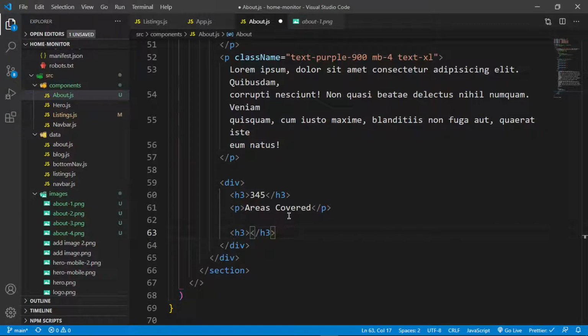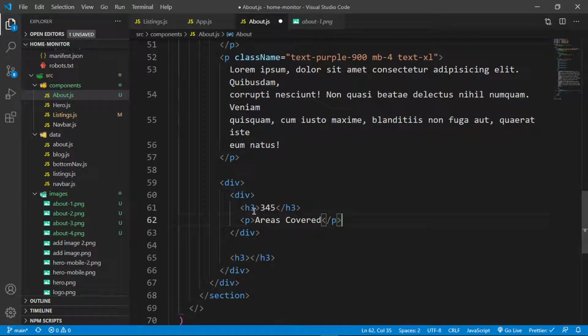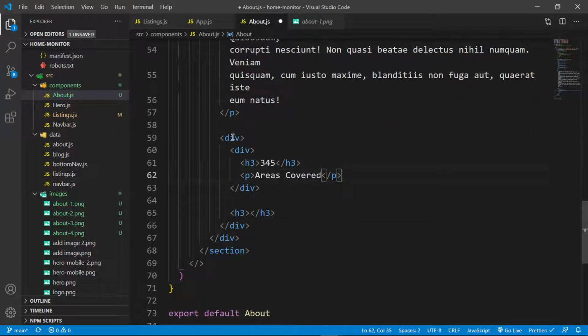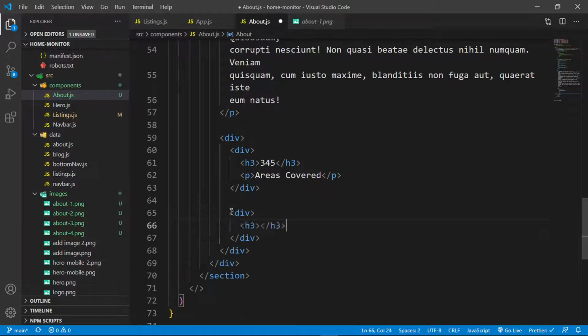Styling this will be quite an issue, so what I need to do is place this inside a div. Technically headings and paragraphs are block elements, so when I display flex or grid on this, I don't want the paragraphs inside to be affected. Instead, I only want the individual divs. So I should also place this inside another div with an h3 that says